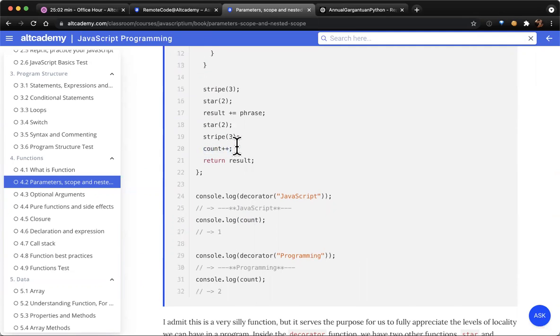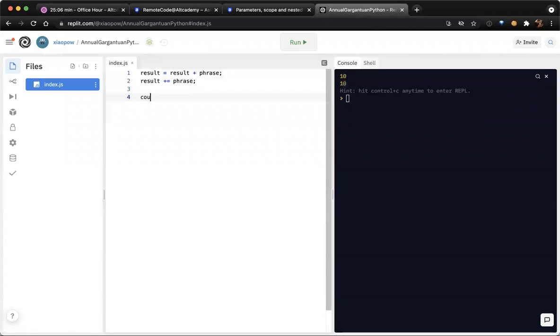What does the plus plus mean? Just adding 1 to it. Oh, okay.